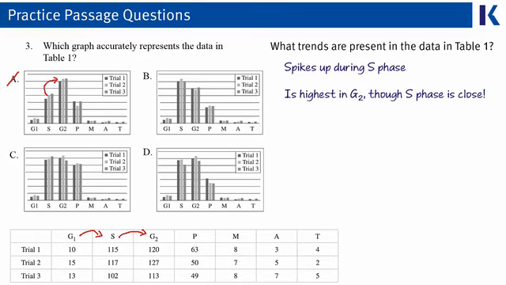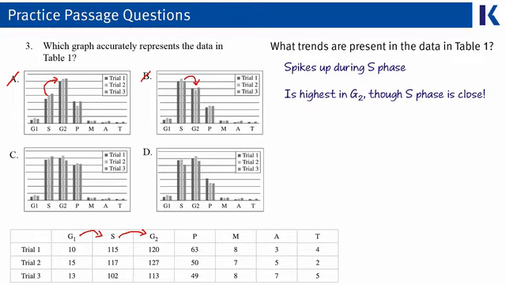Now, also, it looks like even though the numbers are similar from S phase to G2, point for point, each number is higher in G2 than in S phase. So the peaks in G2 really should be the highest peaks overall. That allows us to rule out letter B, because letter B actually shows a drop from S phase down